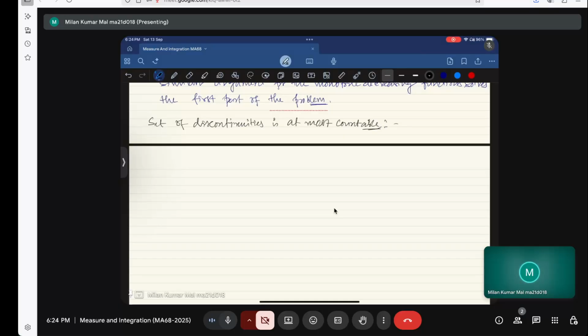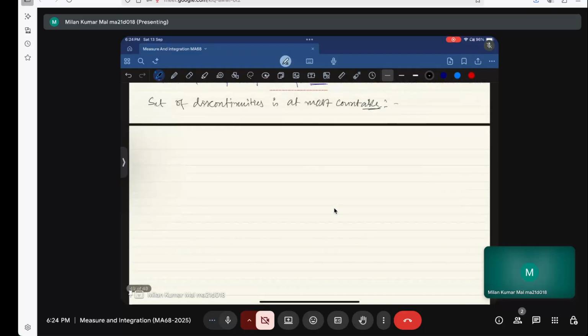Okay, here we will show this. Let x naught belong to the interval a to b, be a point of discontinuity of f, that is,